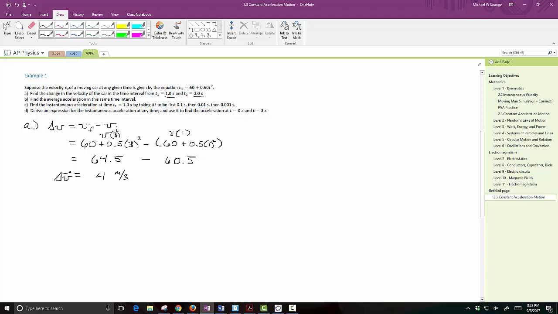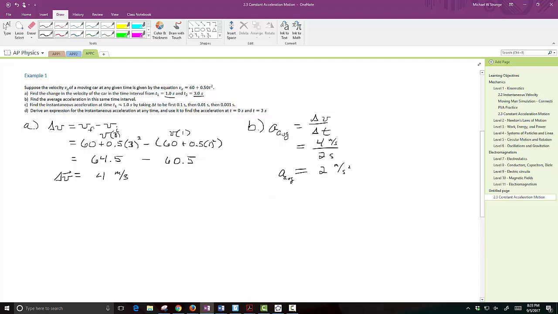So find the average acceleration in the same time interval. My average acceleration is my change in velocity over the change in time. So my change in velocity was 4 meters per second divided by the change in time, 3 minus 1, which is 2 seconds. So I get that my average acceleration in this time period is 2 meters per second squared, or 2 meters per second per second. All right,